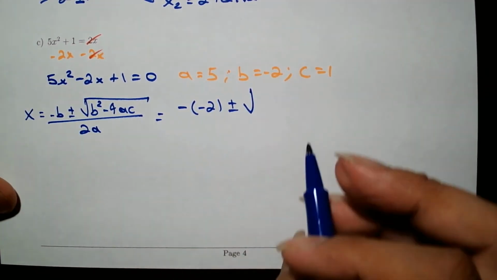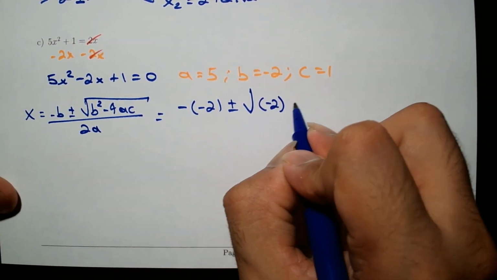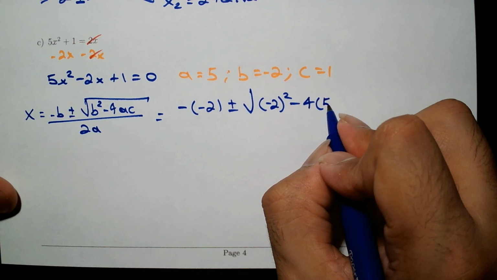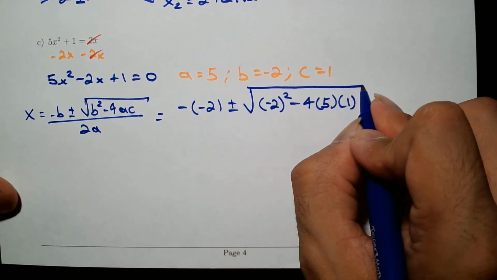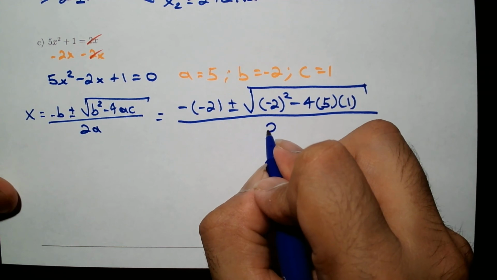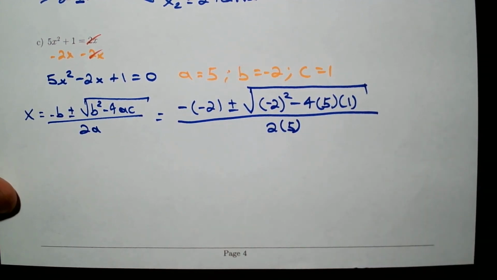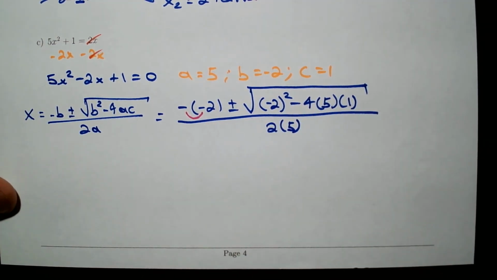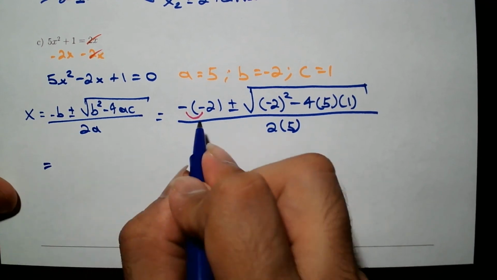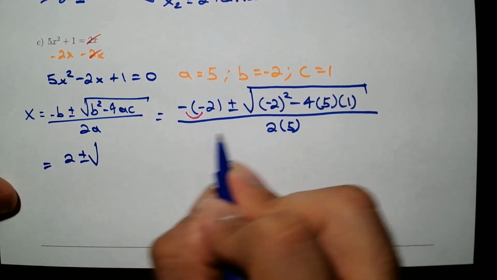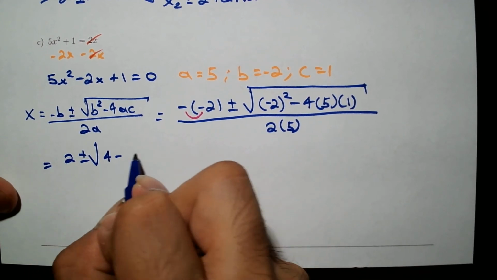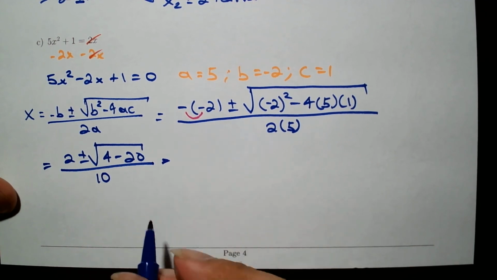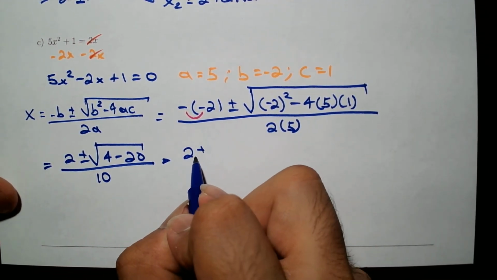Plus or minus the square root of negative 2 squared minus 4 times a, which is 5, times c, which is 1, divided by 2 times 5. So that's going to be 2 plus or minus the square root of 4 minus 4 times 5, which is 20, divided by 10. Okay, so 4 minus 20, that's going to give us